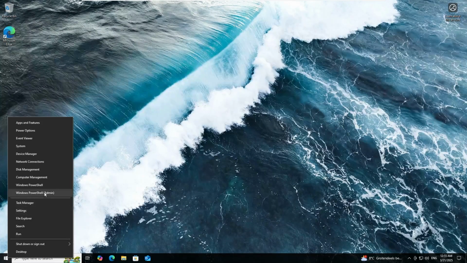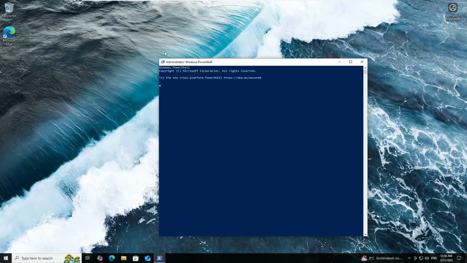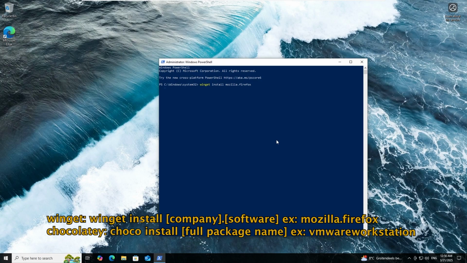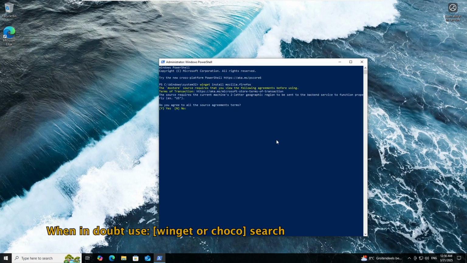So I'm running this over a virtual machine, as I've told you before. I'm going to show you how to install Firefox. Now, usually most people would install Firefox through Edge, but no, I'm going to show you something a little nicer. What we're going to use is a command called winget, through which we're going to install Firefox. And the reason I'm using this method is two-pronged. One, it's easier, simpler, and faster. And two,